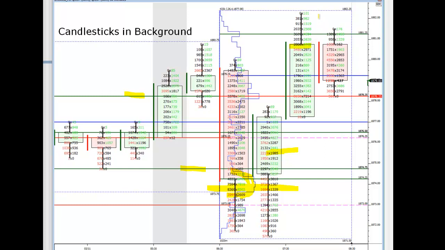Take a look at how little activity I have up here, and how the activity is actually decreasing significantly from what it was down here at this level. So the market isn't facilitating trade to the upside in this candle. So when I close down here and I take a look at the high, I would be somewhat leery